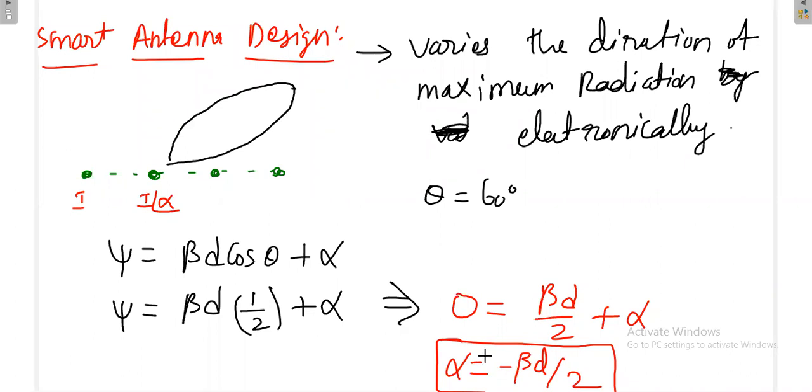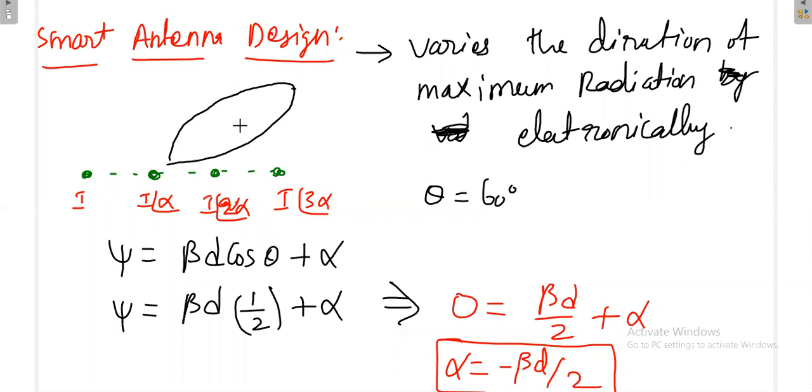That could be of any degree, say minus 10 degree. If it is minus 10 degree, then here I will get minus 20 degree. That means 2 alpha, I2 alpha, and here I3 alpha. So I have to progressively increase my phase shift. Once I want a maximum radiation at theta 60 degree, definitely my alpha has to be like this. If my theta is different, say 30 degree, then you compute the corresponding value, fix your alpha, and apply the phase progressively, then you'll get the corresponding direction of maximum radiation. That's the idea of the smart antenna design.